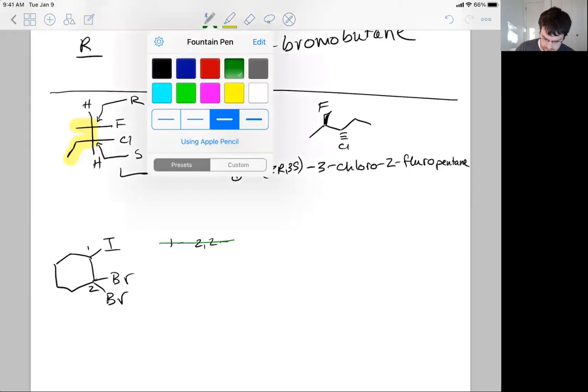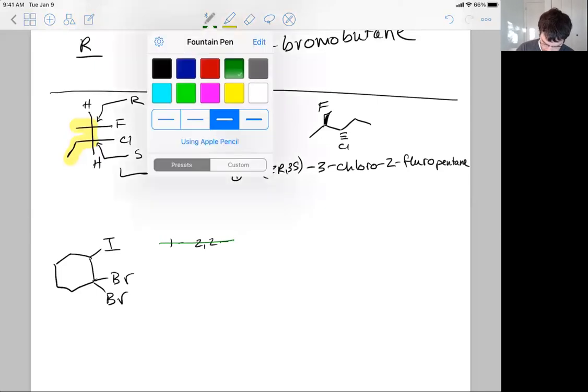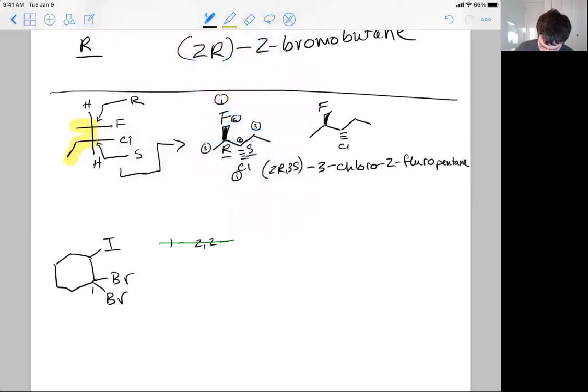I don't want to do that. Instead, I want to reverse the numbering so that I have bromine with a 1 and iodine with a 2. And so this would be 1,1-dibromo. And let's put some stereochemistry for the I. 2-iodo